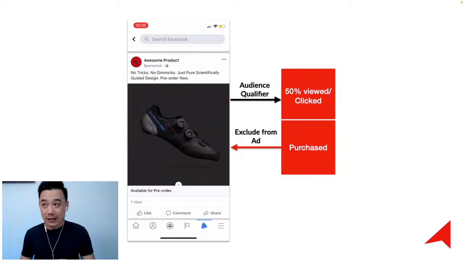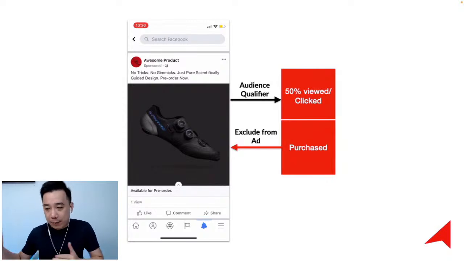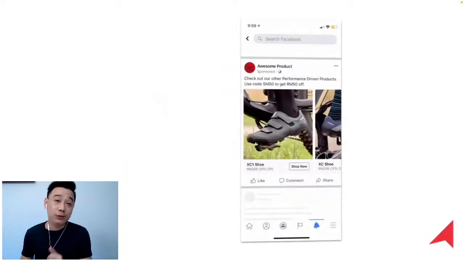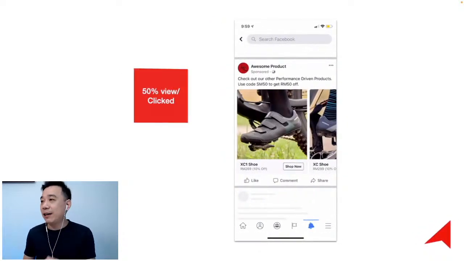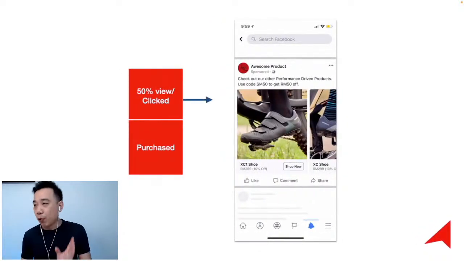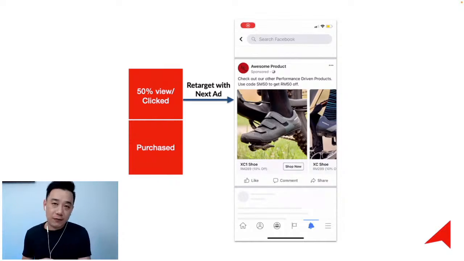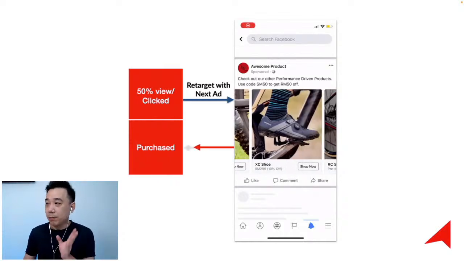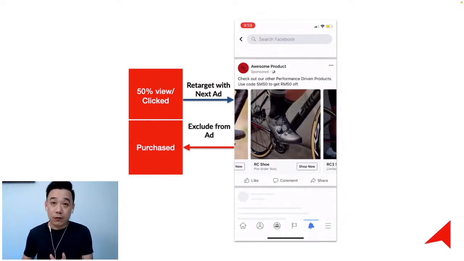And then you'll be asking me, hey, Jason, you just mentioned that 95% of these people who click drop out. So what about those? Okay, fine. Then we have the tier 2 ad. The tier 2 ad is essentially targeting people who watched the video and clicked on the advertisement but did not purchase. If you have purchased, then of course you'll go out.